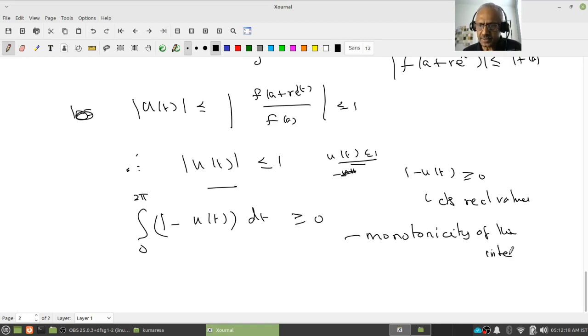What is monotonicity of the integral? If f is greater than or equal to g, all real valued, then the integral of f is greater than or equal to the integral of g, where within the limits of integration, etc. I do not mention such things. Okay, right. But